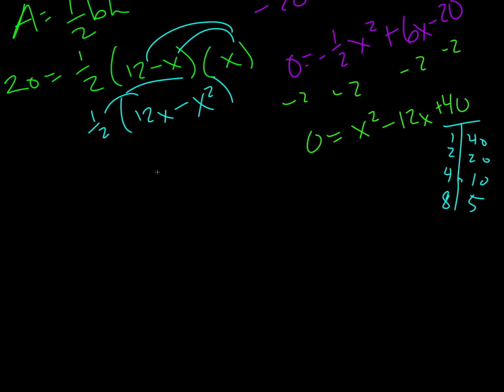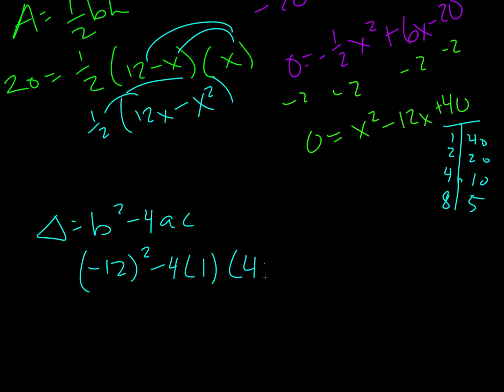Now, if we plug this into the quadratic formula, we actually might be able to just get away with the discriminant. So let's just try it that way. So remember, that's b squared minus 4ac. And so negative 12 squared minus 4ac, 144, negative 160. So that's going to be a negative number. So we know that we have two complex roots,